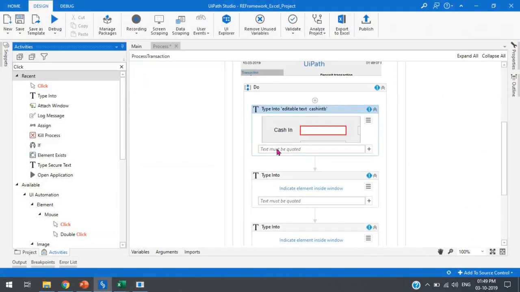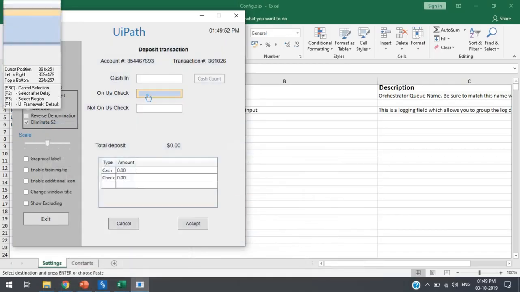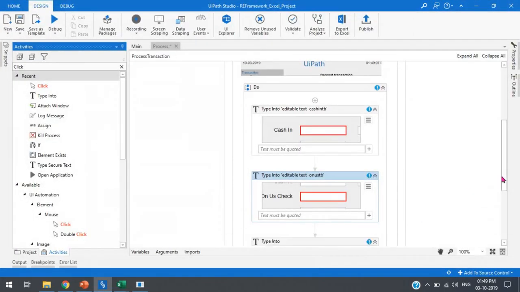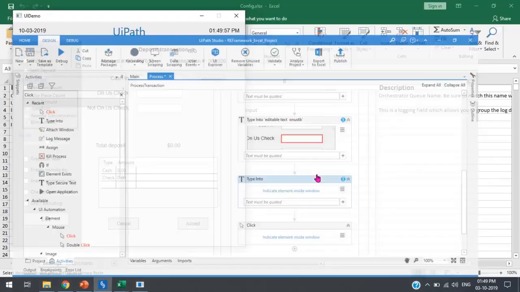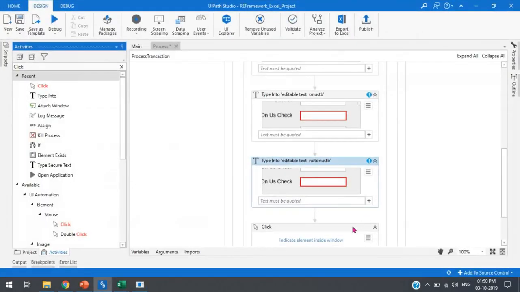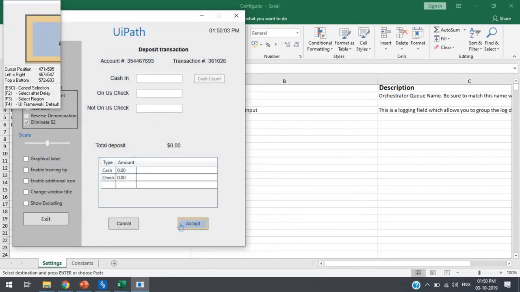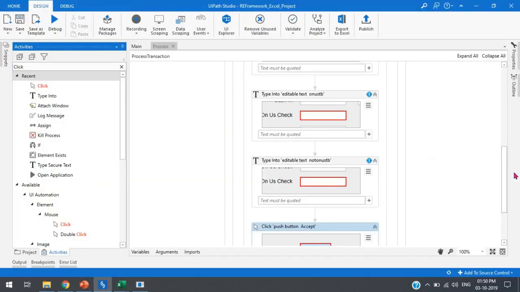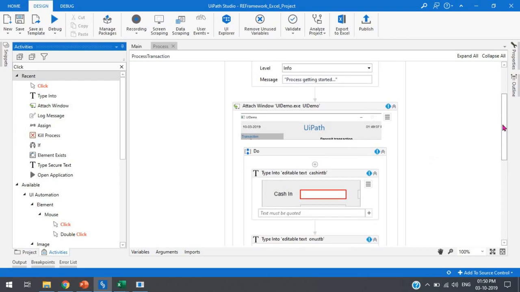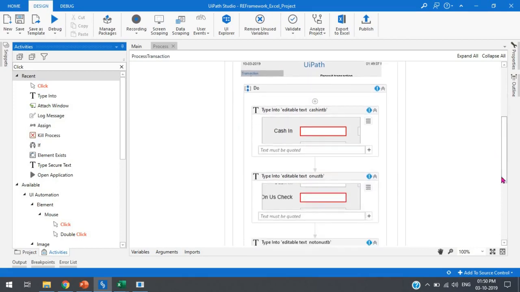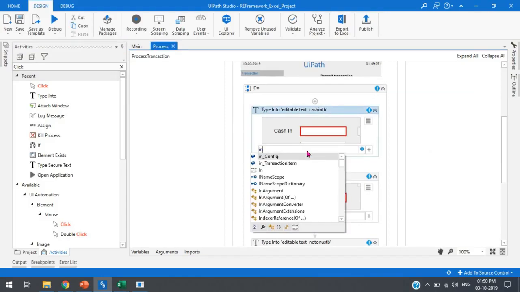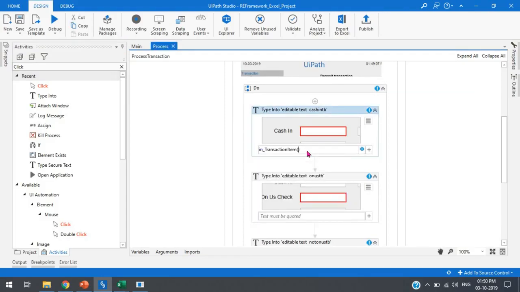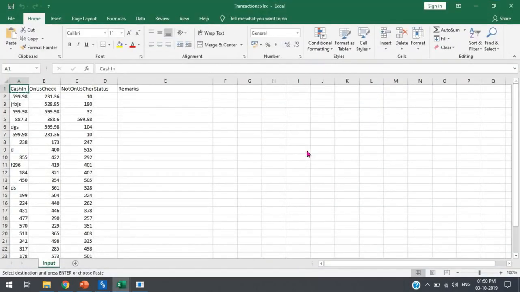This is for the cash-in, and this is for the on US check, and this is not on US check. And at the end we'll take on accept, and then one by one we'll pass the value here, because here we have the data in the data row variable. So the data row variable is the in transaction items, and then I think we can pass here open close bracket, in the double quotation we'll pass this name, cash-in,